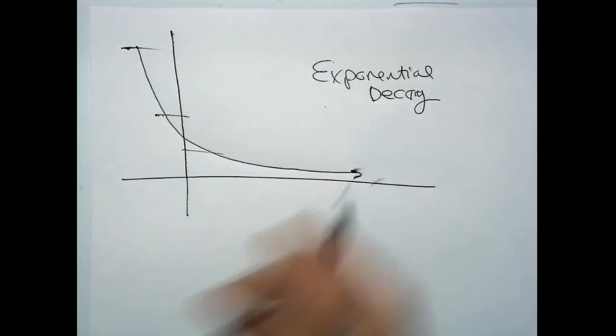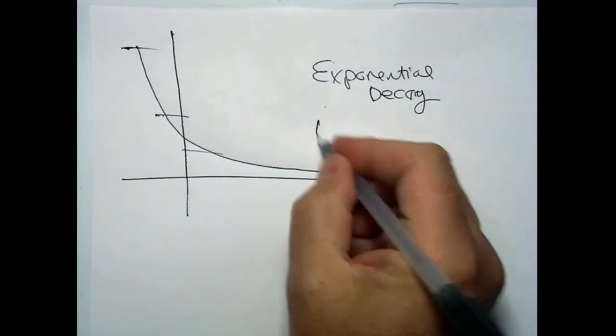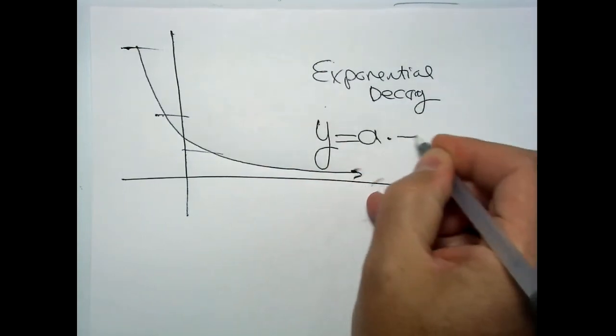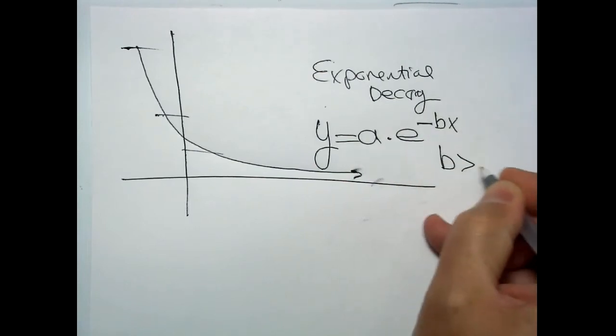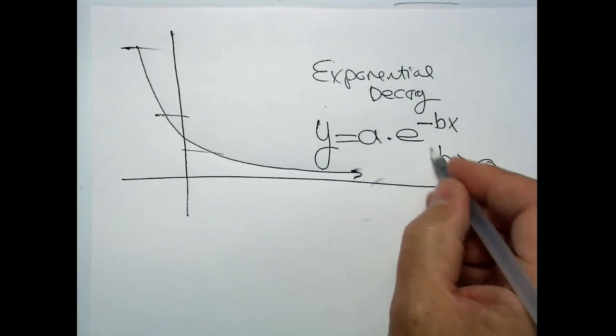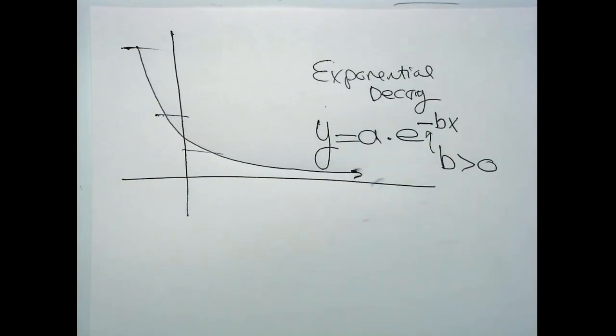And the model for exponential decay looks like this. It's the same thing, except there's a minus in there. We want b to be positive, so we're assured that we get a nice negative coefficient there. Okay. So what I'd like to do is